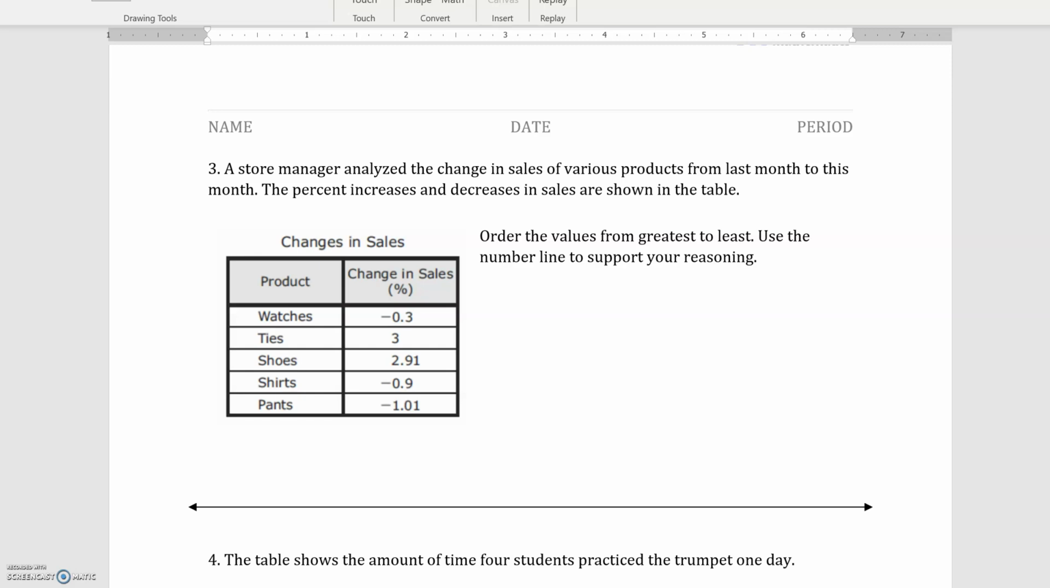A store manager analyzed the change in sales of various products from last month to this month. The percent increases and decreases in sales are shown in the table. Order the values from greatest to least. That's super important. Use the number line to support your reasoning. So we need to compare these 5 numbers from greatest to least and use our number line to help us